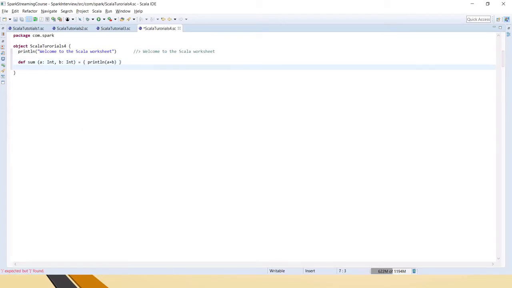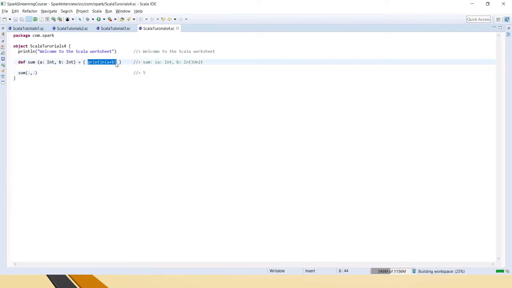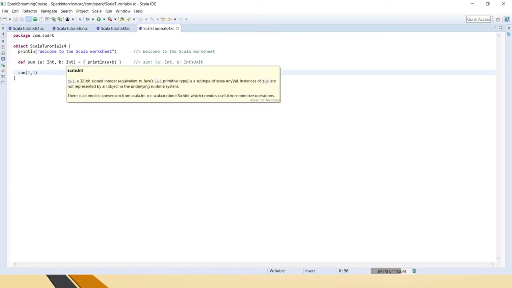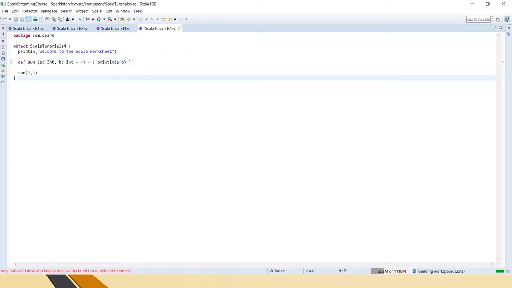Now if we want to call this, usually we will say 2 plus 3, and when you save it will print 5, because here we have a print statement inside the function. So 2 plus 3 equals 5. And now we will see how to give a default value. For example, for B, if you want to send 4. Now let's see which value it will take.